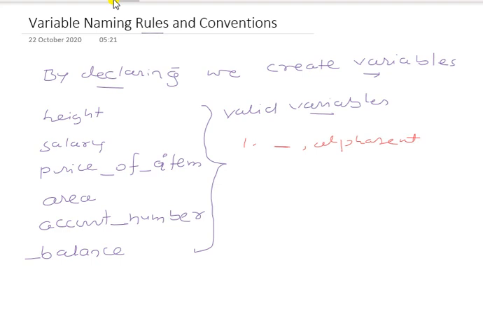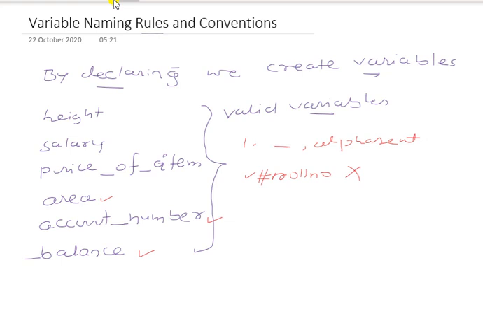All variable names must begin with an alphabet or underscore, we say. Underscore is allowed. Say this is an underscore, it's valid. And underscore is allowed in between. That's why it is valid. This is also valid. If you start with a special symbol like hash roll number, then this is not valid because it is starting with a special symbol hash.